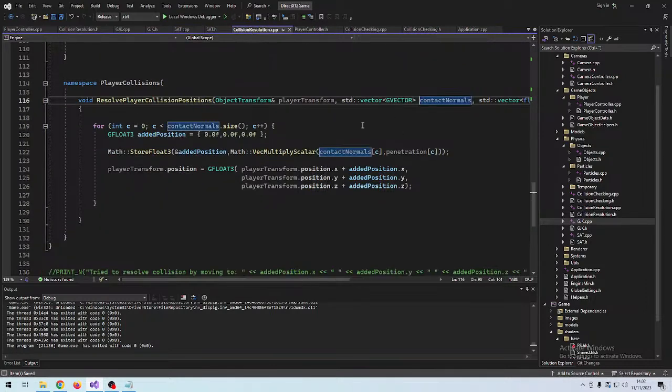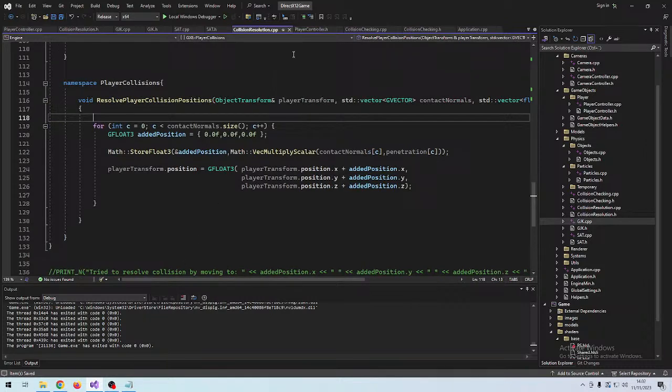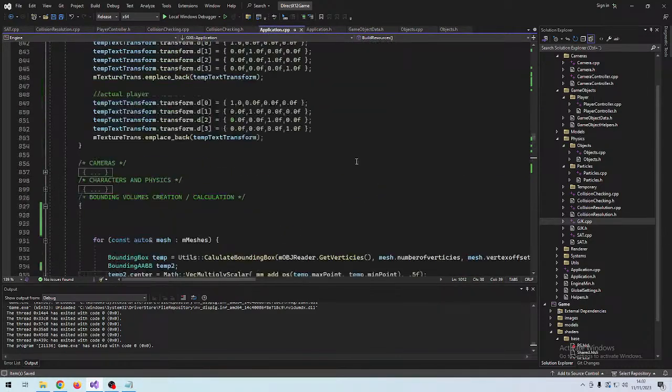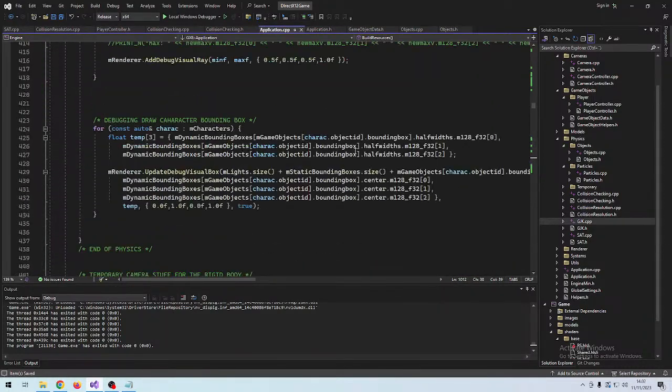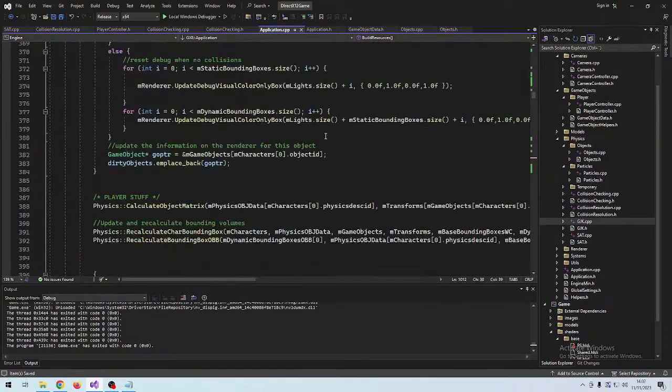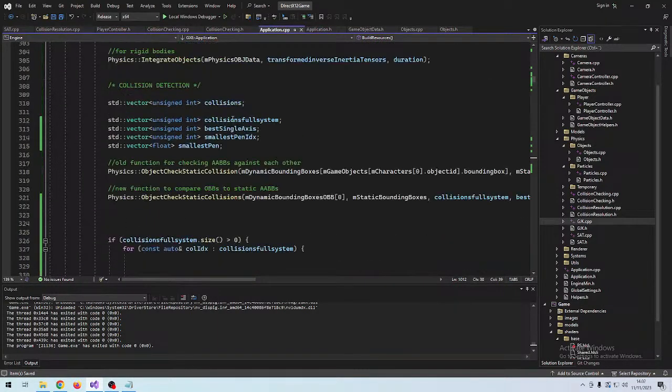So instead of actually passing all of this out of the function, I'm going to close some of this since we're not going to use it. Yeah, so in our application here, we don't exactly need to store this outside of the collision checking anymore,